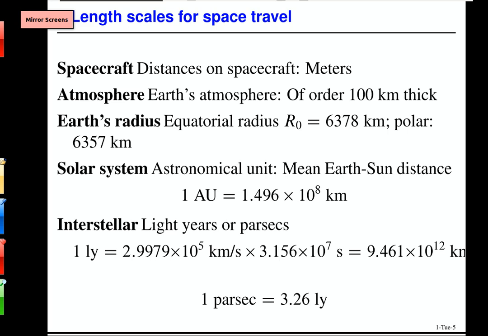Now you notice I give two different numbers here. There's the equatorial radius, and that's the one we'll be using the most often, 6378. The polar radius is just a little smaller, 6357. So what that means is, if I draw a picture of the Earth, and I'm going to exaggerate,